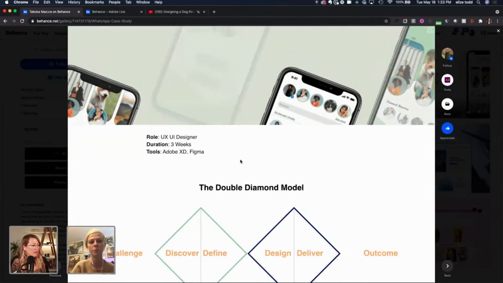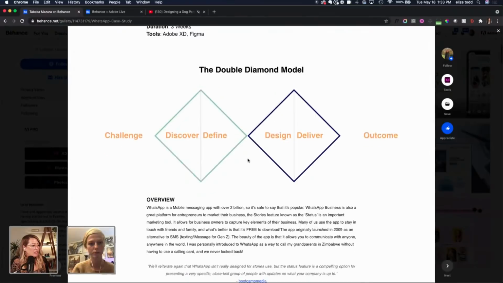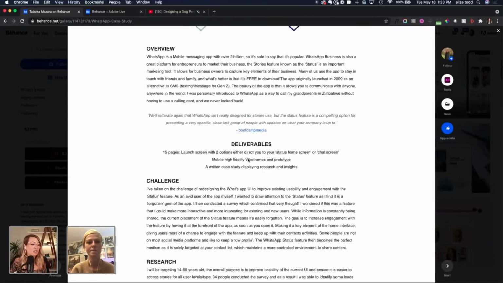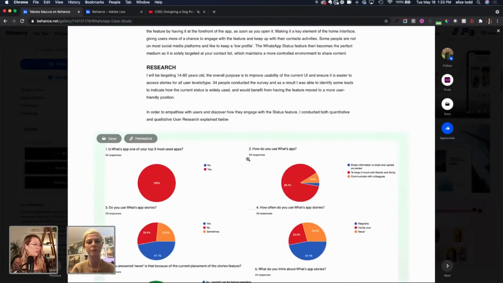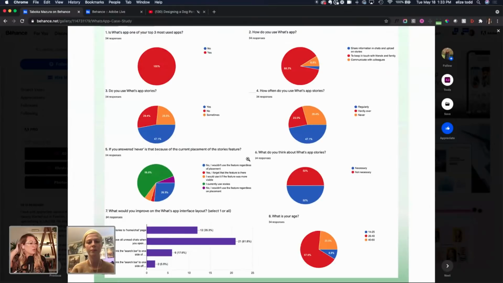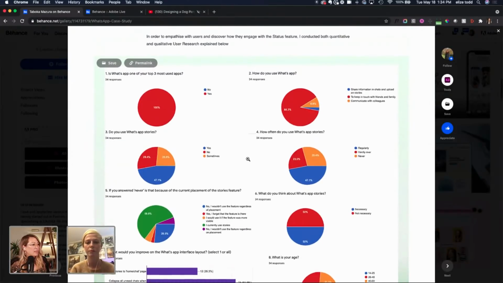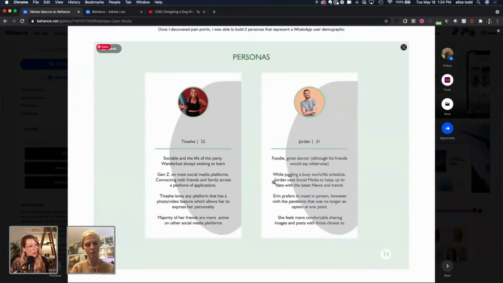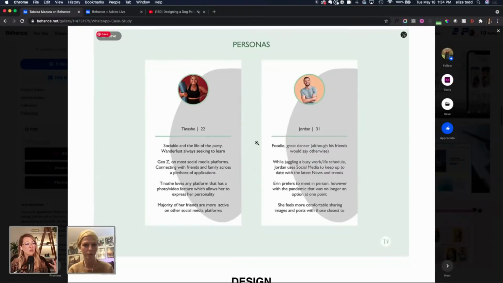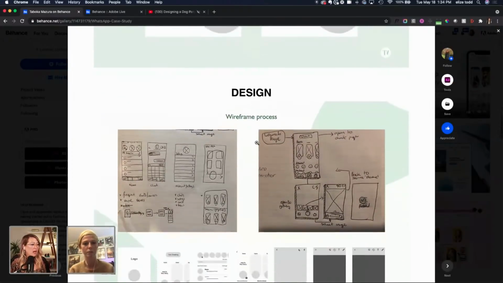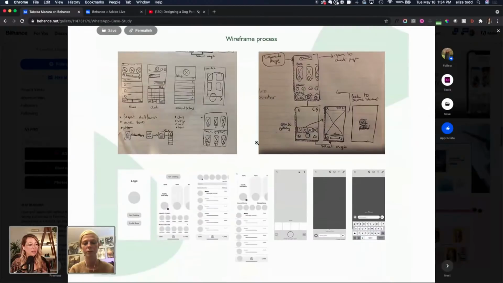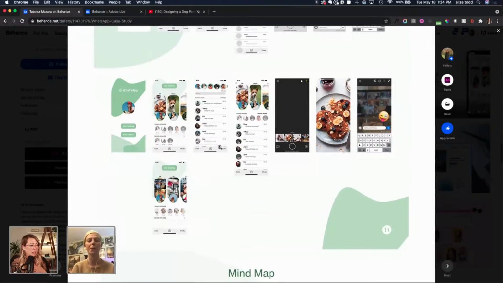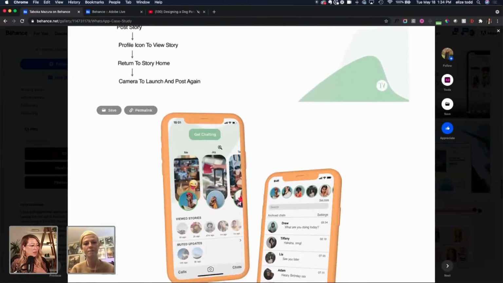So this was in Figma and XD. She did UI UX and has a little bit of information on the challenge that she had to overcome, the research. She even shows some of the survey results based on 34 responses. She's got her personas defined, which is nice because it's not too much information when she's showcasing her personas. As well as showing her design process, going from sketching to wireframes, then displaying the actual high fidelity,